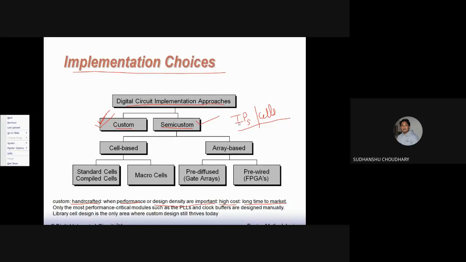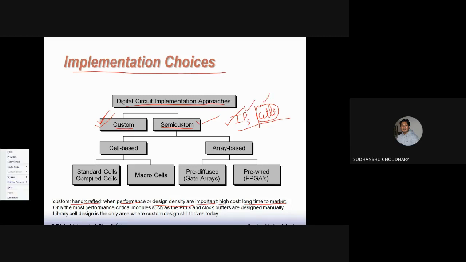So semi-custom, as I said, uses some pre-designed IPs or pre-designed cells, okay? And also one can think of optimizing these cells as required. So if there is some critical path in some microprocessor which has to be optimized, then that can also be optimized by the designer. So that is why it is called semi-custom. That is, using standard cells or IPs, and also designing by the designer itself, that is handcrafting, plus using the standard cells or standard IPs.